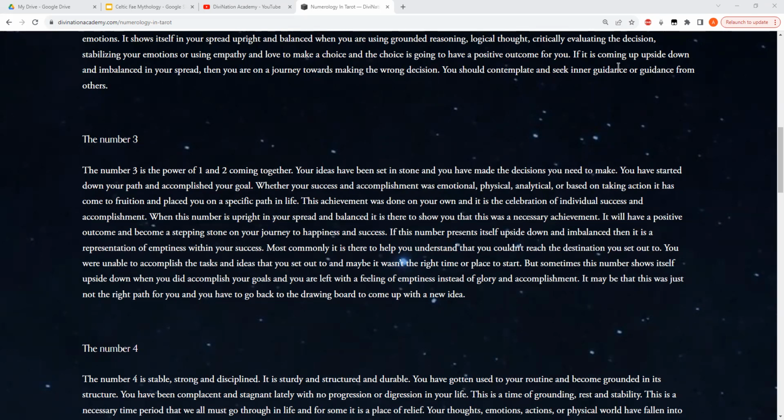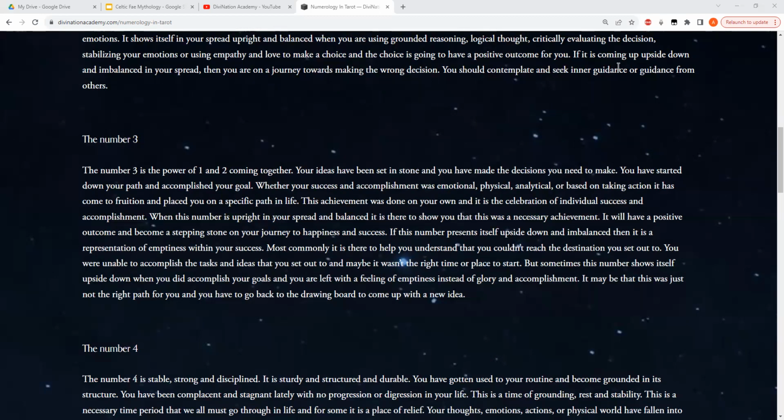We have somebody who's writing a research paper, which once again would take decision making. It would take starting something new. It would require goals, success, motivation and self-determination. So already in the very beginning, we have huge signs of the number three. We have somebody who's analytical, somebody who accomplished their goal of becoming a psychologist, of going to school, getting good grades, and becoming this person.